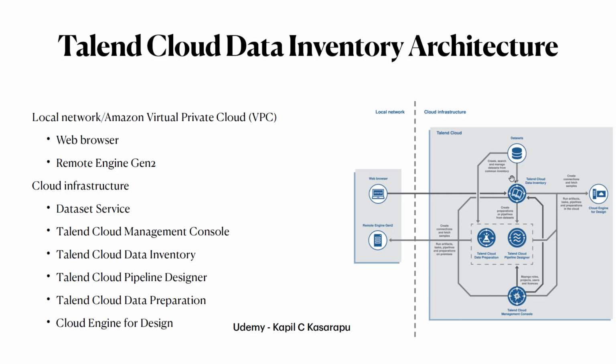So as you can see from this overall architecture diagram, datasets are created, and after being created, they are used to search and manage datasets from the common inventory. Then the cloud data inventory sits in the central place where all the different kinds of applications will use this particular service and the datasets that are saved on it. So that's basically about the introduction, concepts, and architecture of Talent Cloud Data Inventory.